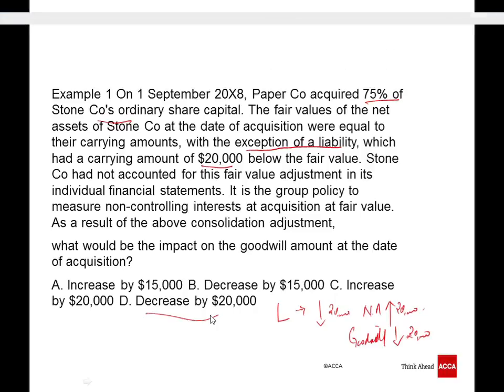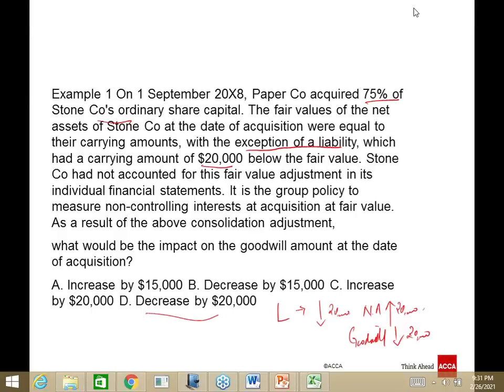So depreciation will be charged on the later dates. Therefore it should be reported or adjusted in the retained earnings and NCI. Like suppose the company is having